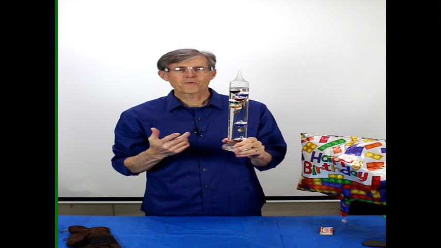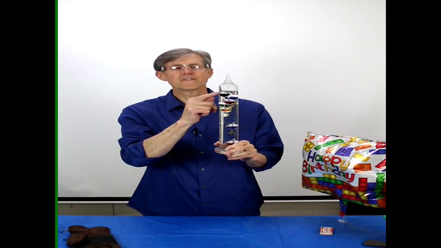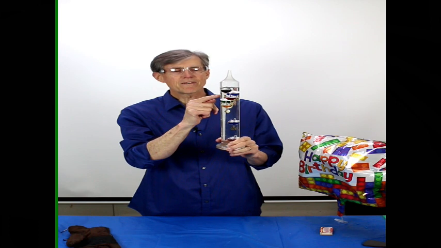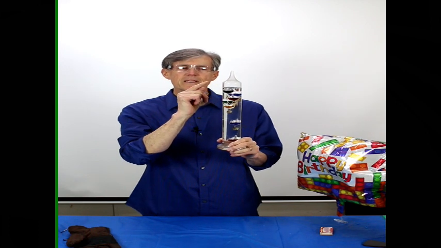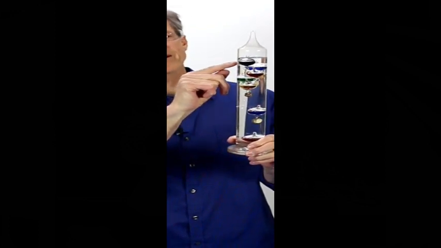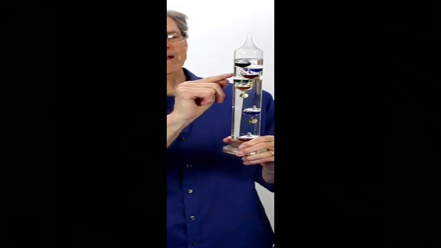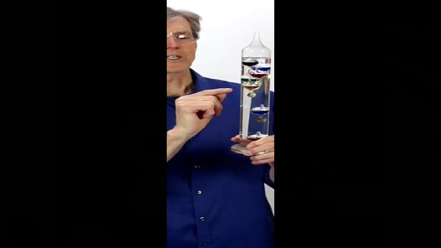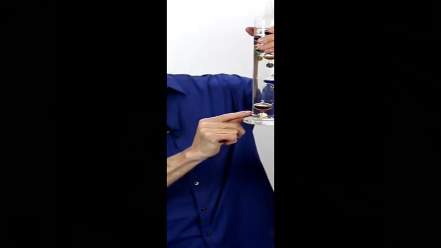This is Galileo's thermometer. And here's how it works. We have a liquid inside here, and then we have all these little glass spheres inside here, and they have a little weight attached to them. They're filled with a liquid. And the little tags, the little weights, little pieces of metal, have numbers on them with temperature. This one down here says 66 degrees. This one here at the very bottom says 62 degrees. This one here says 70 degrees.